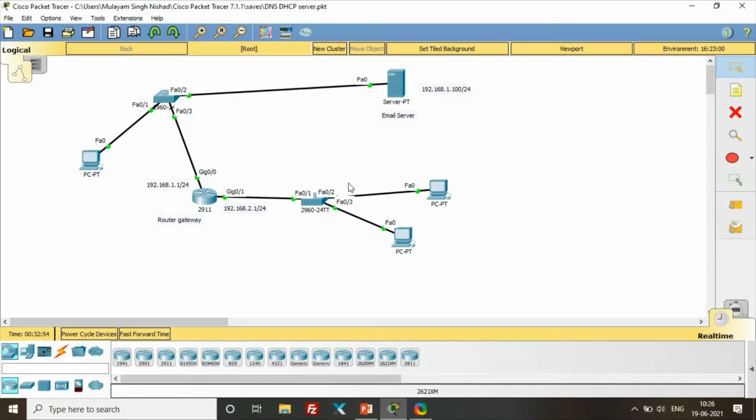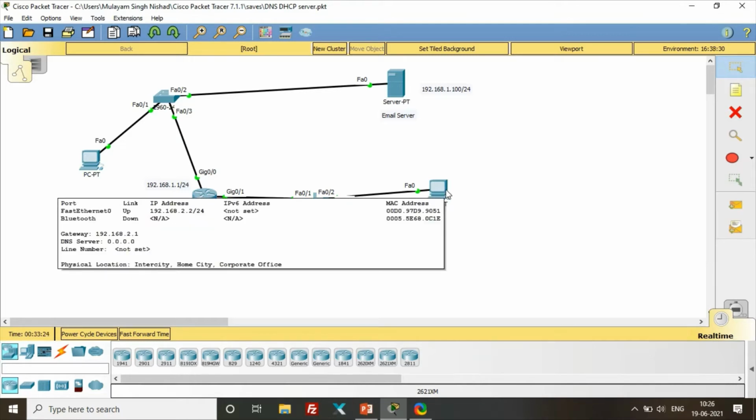I'm assuming that you have a good command over how to configure IP addresses in the server, PCs, and routers, and that one routing protocol like OSPF, EIGRP, RIP, or BGP is required. One protocol is needed, but I have given all of them.